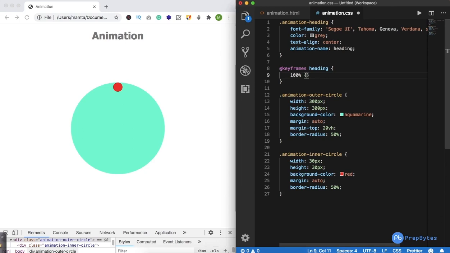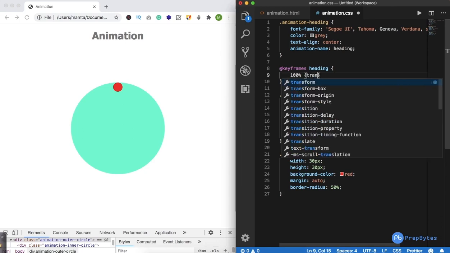Similarly here, the different properties that we have seen that we can apply on a text, an image, a div, a container, we apply the same properties. Some of them are applied at a certain time and keep on repeating for a certain time, and it gives a feel of animation.